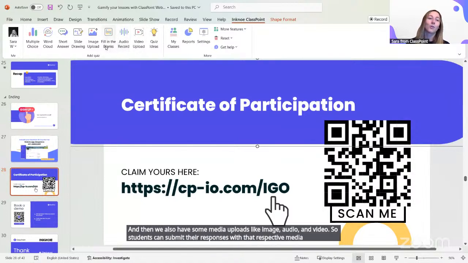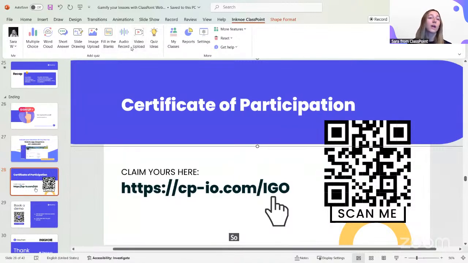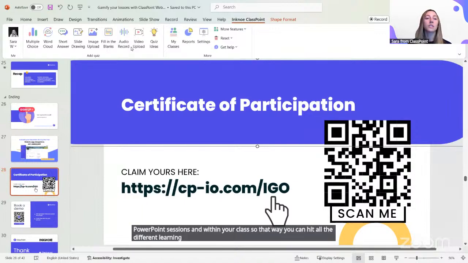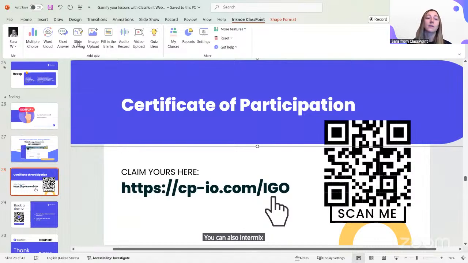And then lastly, of course, we have our fill in the blanks question. So I would highly encourage you guys to intermix these activities in your PowerPoint sessions and within your class, so that way you can hit all the different learning styles and keep students engaged. So you're not only doing multiple choice or only doing some writing questions. You can also intermix some speaking questions and some drawing questions as well.